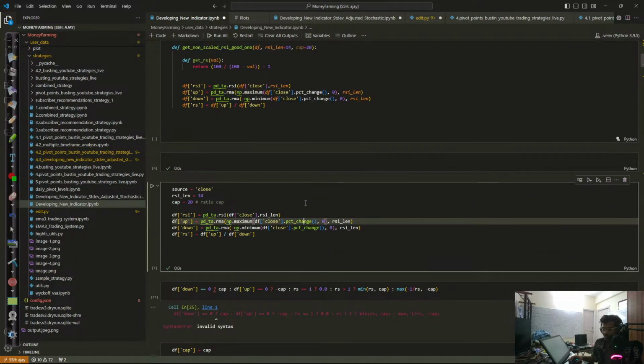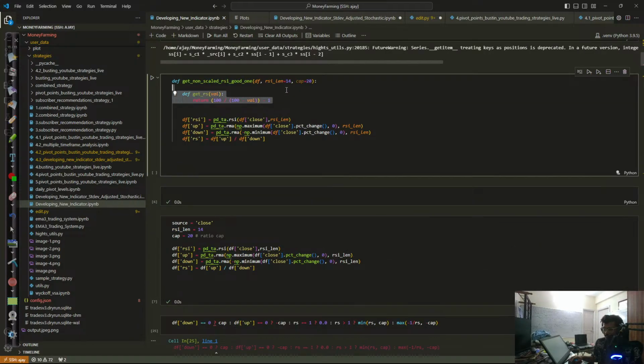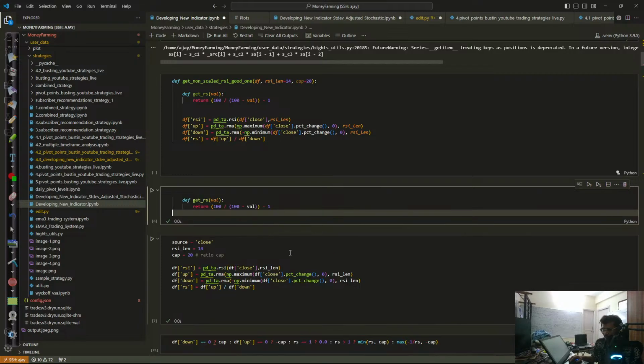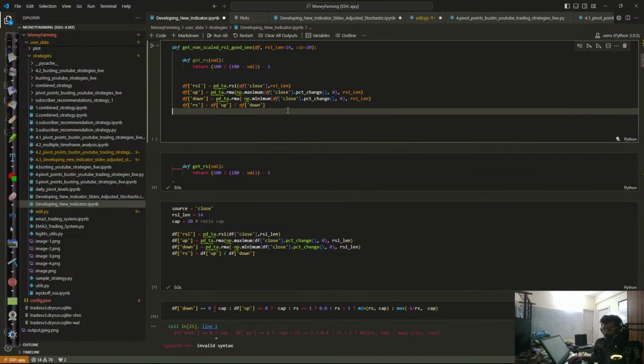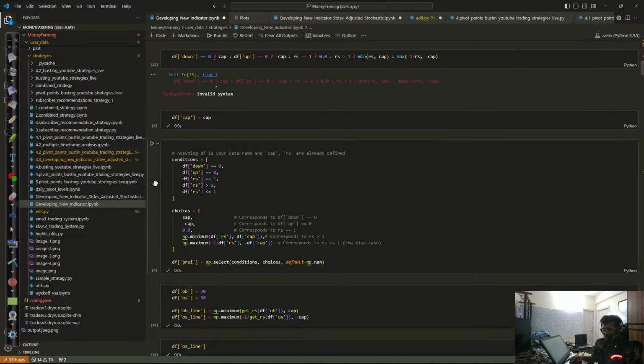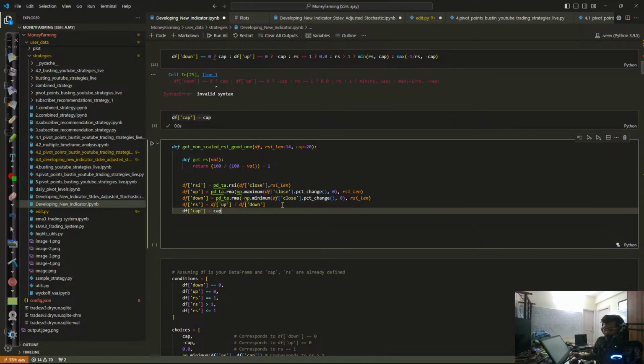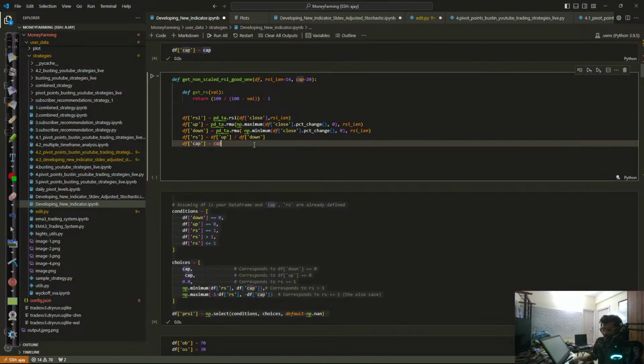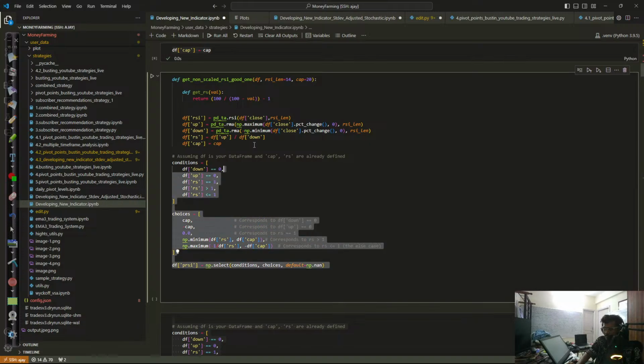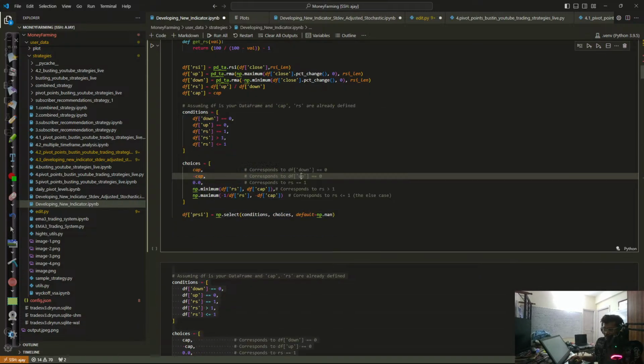Okay, so let's move that function down here. So cap is cap. Get this, and then